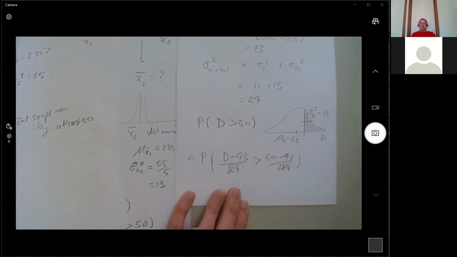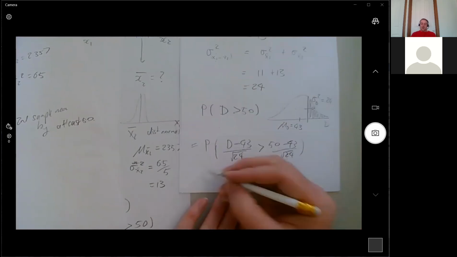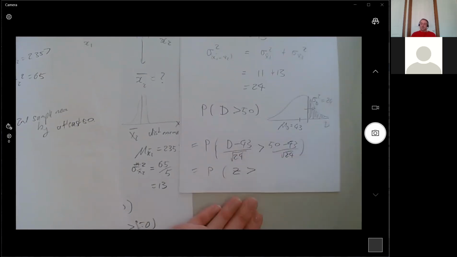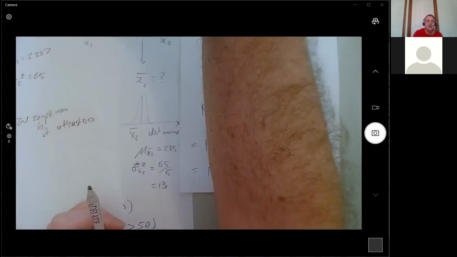Like that. And then when you take off the mean and divide by the standard deviation, that becomes a Z. And whatever this number is, that's what we need. So apparently, according to the solutions that you just sent,